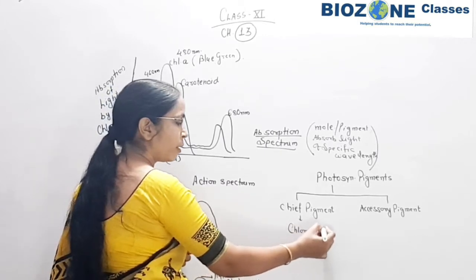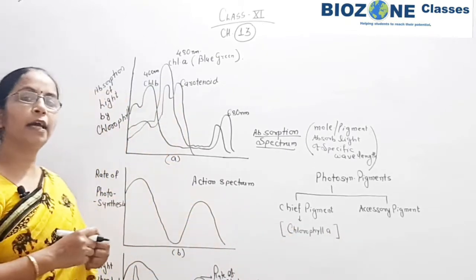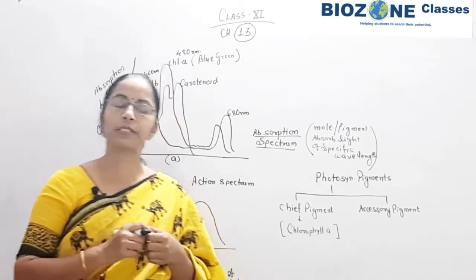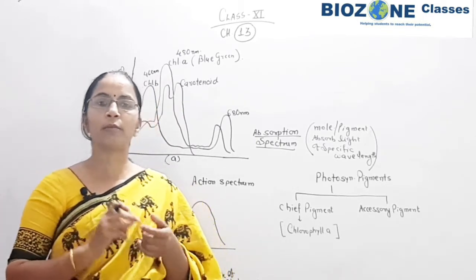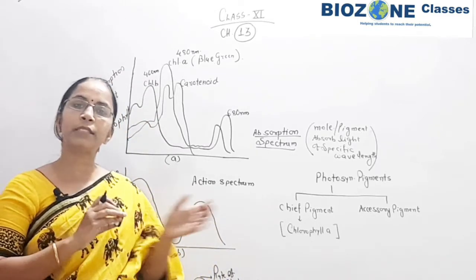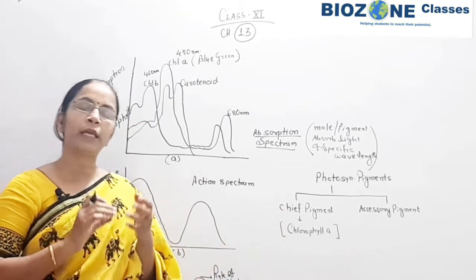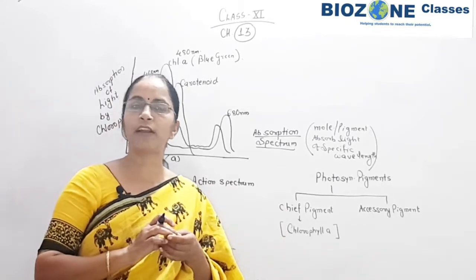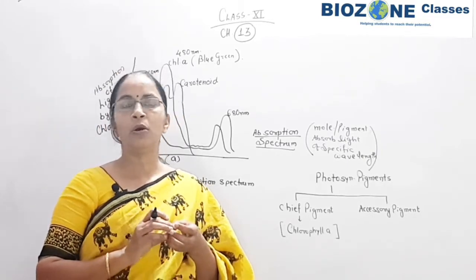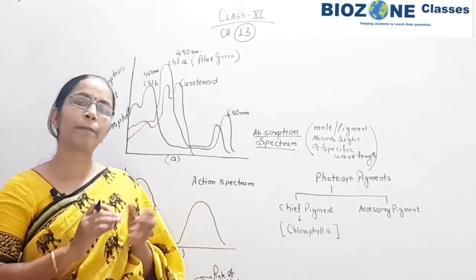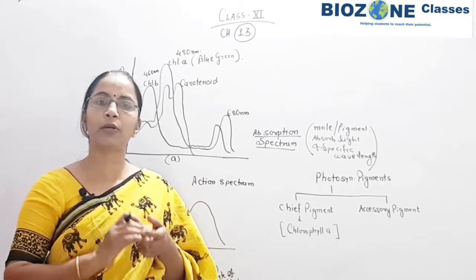So you remember chlorophyll A is the chief pigment, and that's why in Monera, in Protista, when you study blue-green algae, you study that blue-green algae show pigments similar to the chief or main pigments of Plantae. In Protista, when you come to dinoflagellates, chrysophyta, and even in Euglenoids, we studied that the pigment of the cells is exactly similar to the chief or main pigment.